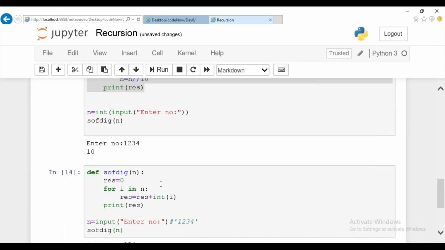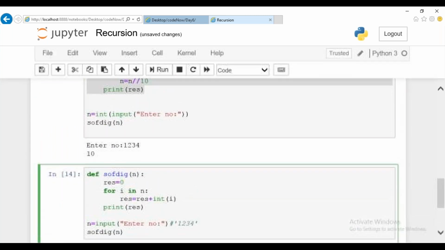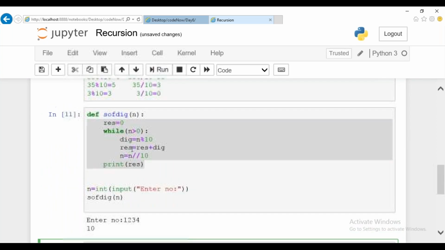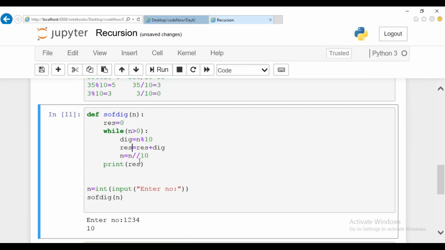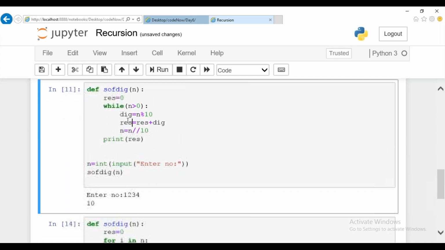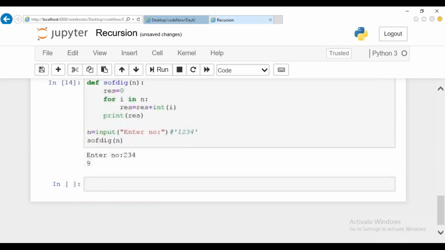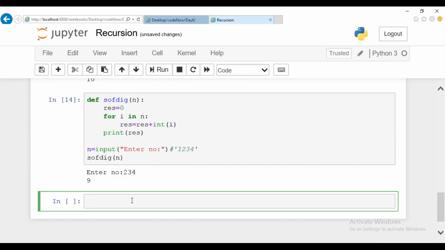I guess few have posted in a recursive way. I want others to try it in a recursive way, guys. This is a non-recursive way. I didn't use any recursion here. In a general method, this is a normal approach for all programs. This is specifically only for Python. No need of dividing, no need of performing all those operations. Just accept it as a string, iterate it character by character, then typecast as an integer and add to the existing result. Your work will be done. Try it in a recursion method.